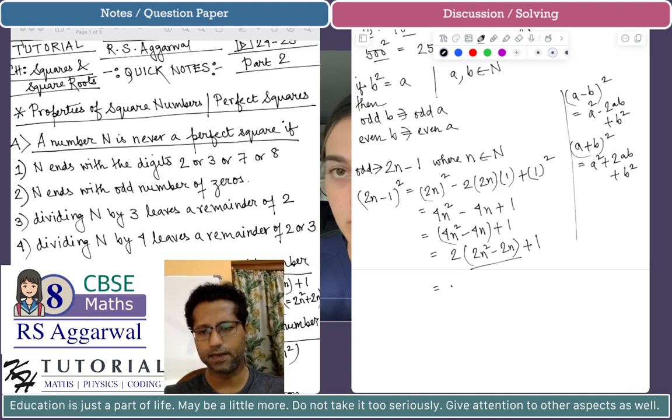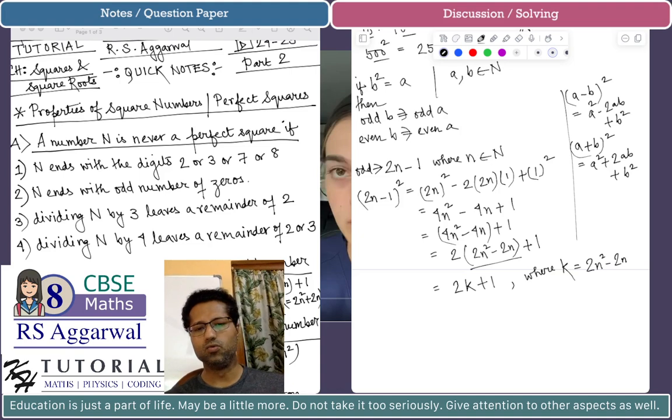So I can write it in the form 2k plus 1, where k is equal to 2n square minus 2n. So you can see that 2n minus 1, which was an odd number, its square comes out in the form 2k plus 1, where k is also a natural number. So definitely this is an odd